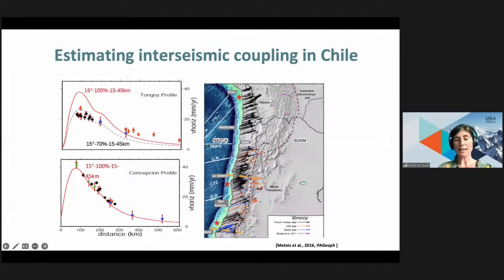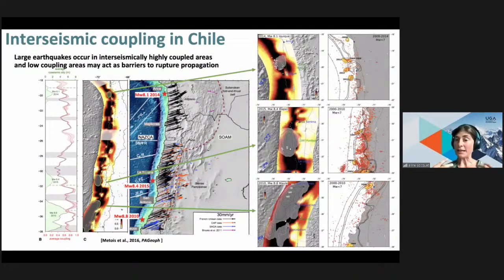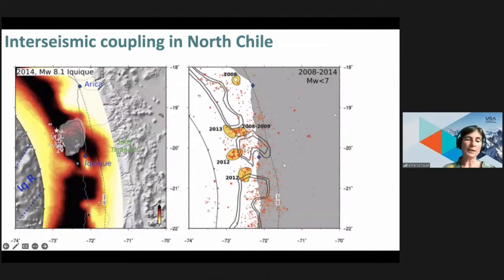Now if we take another cross-section in the area of La Serena, we have the data here, and we see that the simple fully locked model does not fit the data anymore. So we need an alternative model that accounts for less coupling, only 70% coupling, and that accounts for some deformation within the Andes as well. Here it's not taken into account. So just looking at the data, we can have a first order view of what happens. And then we can do some formal inversion of those data